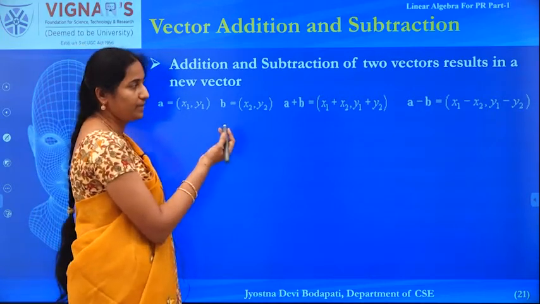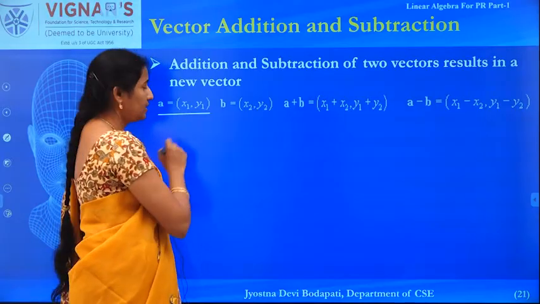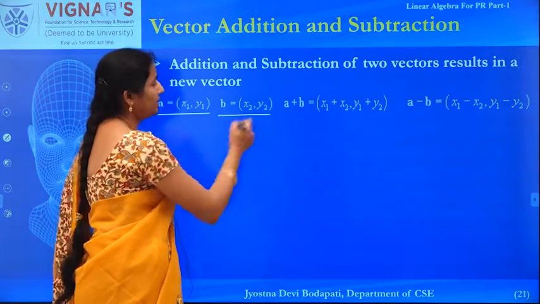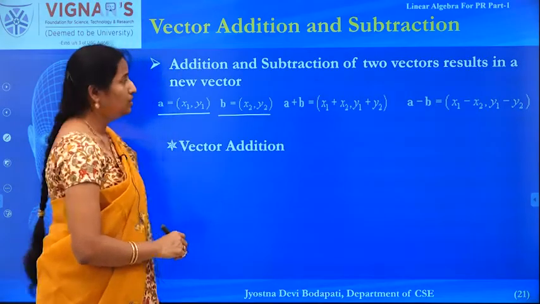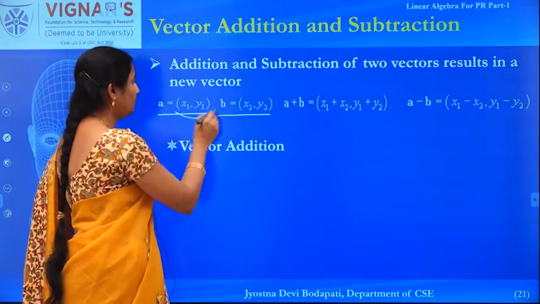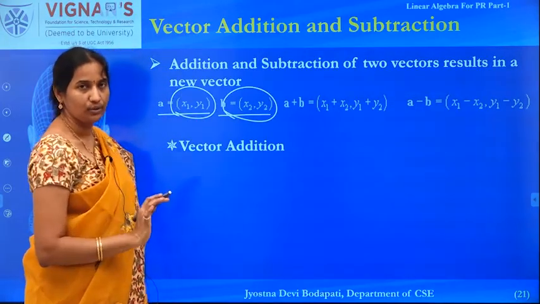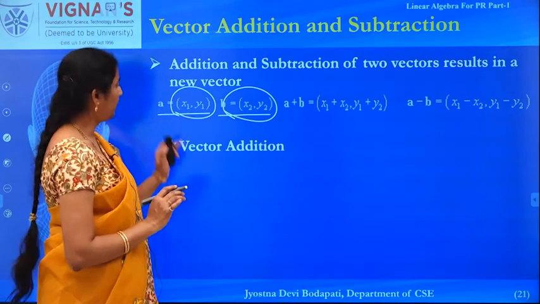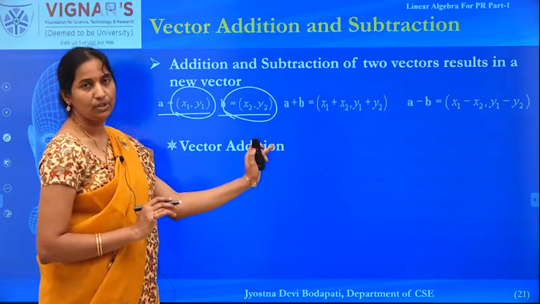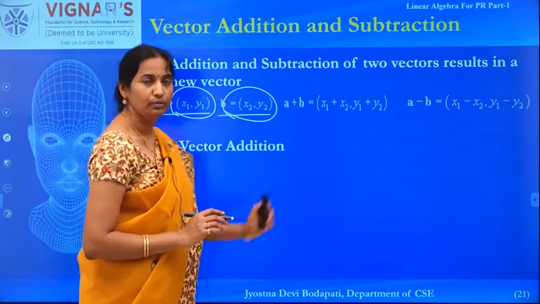So, addition and subtraction of two vectors. So, for example, A is a vector in the two-dimensional space and B is another vector in two-dimensional space. So, remember, to apply addition and subtraction, the vectors must be of the same dimensions. Then only you can apply addition or subtraction, otherwise you cannot. So, here in this case both are in the same dimension. So, that is how they are compatible, and I am applying the addition of the two vectors.